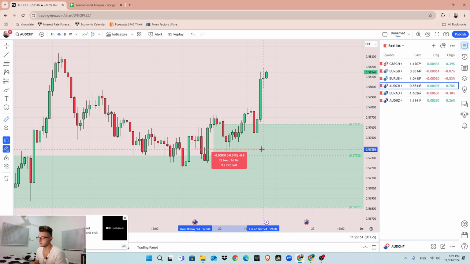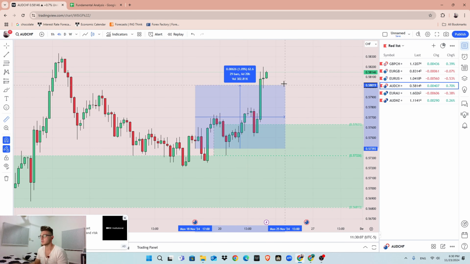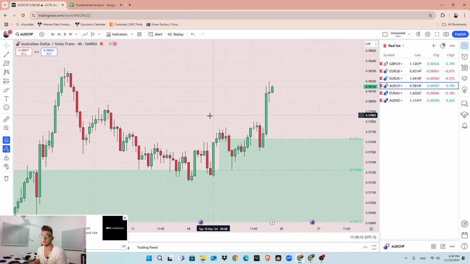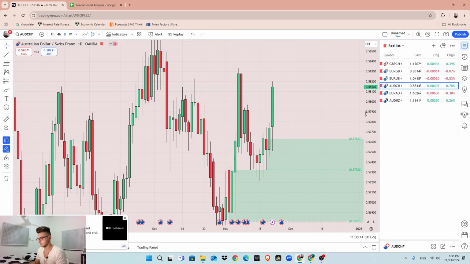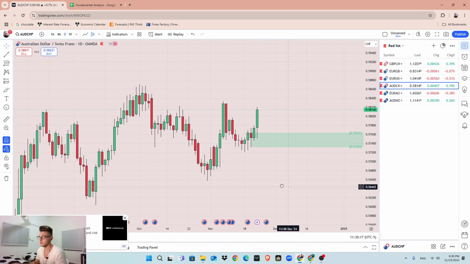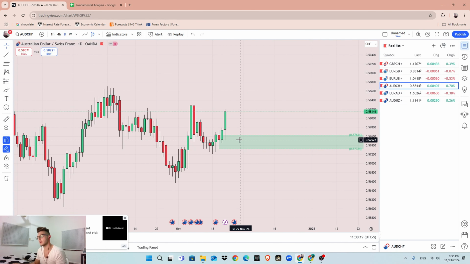It's 8 points, so around 1 pip, because I trailed my stop loss in the wrong manner. This is not how I trail my stop loss, but I did it, and it was very poor risk management. I would have made much more, but it's totally fine. I don't care about it. We will have other opportunities. I'm still bullish on AUD CHF. If we have any retracement into this demand zone, new demand zone, I might take another long position.